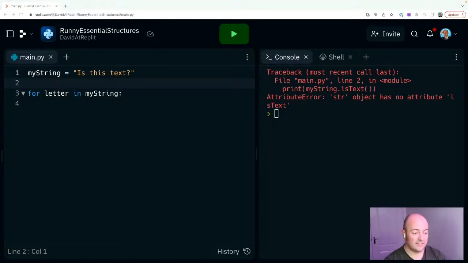What I'm doing on my other screen is just doing a bit of quick Googling to check that. Oh, there is an is alpha method. There we go. So what we can do is we can just print out. I'm going to do an F string here.